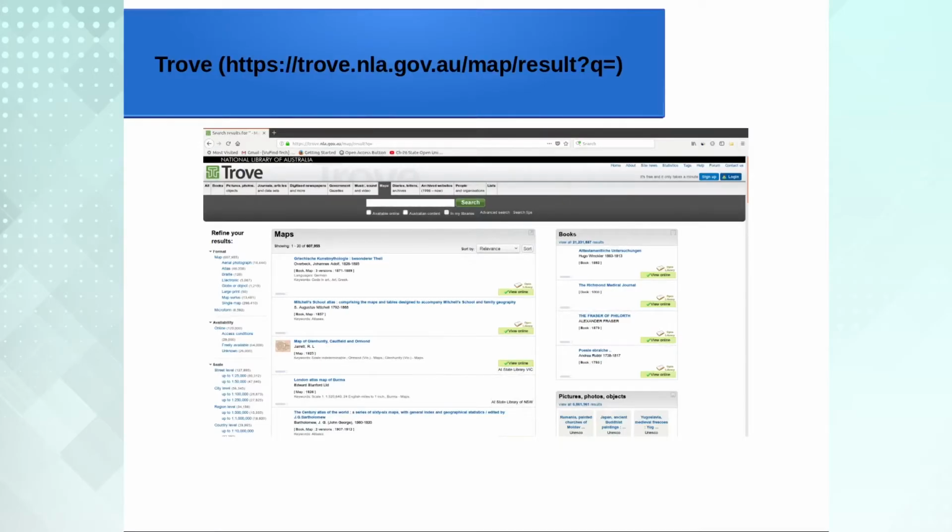Let us have a look at what is happening at the global level. One of the most comprehensive digital library systems of our time is Trove. There, if you search by maps, it can retrieve a lot of maps, but those maps can be retrieved only against textual search. There is no support for visual search, no support for geodetic search. So, this is the situation of Trove. You can search map as a format, but you cannot search documents with a set of given place names or spaces from Trove.